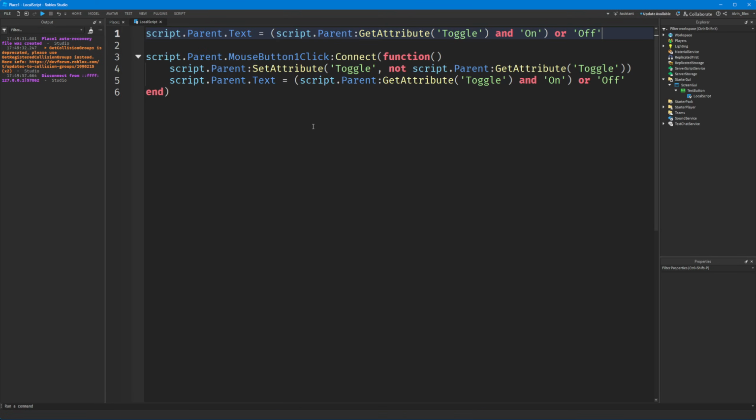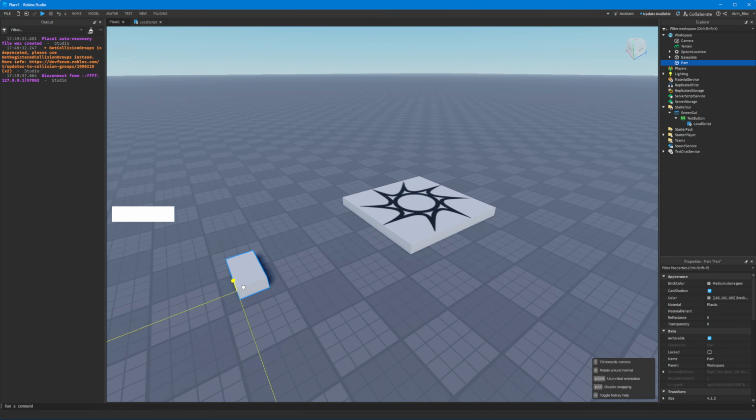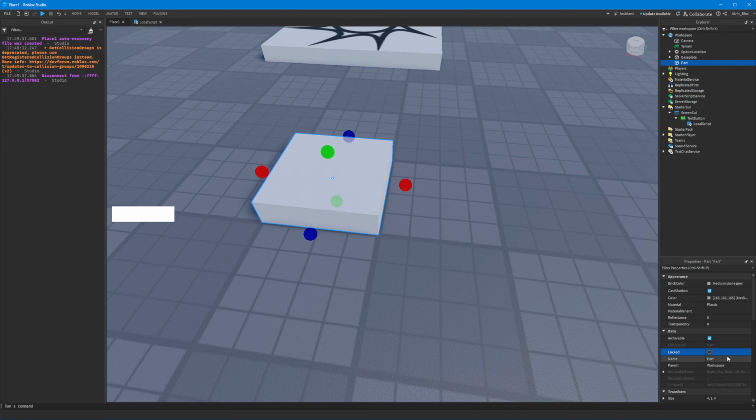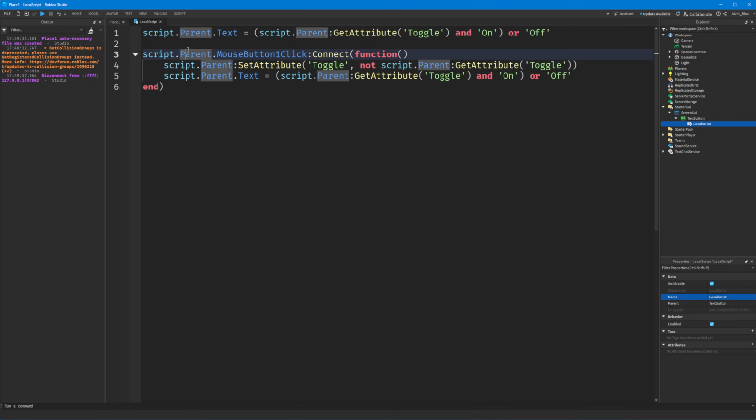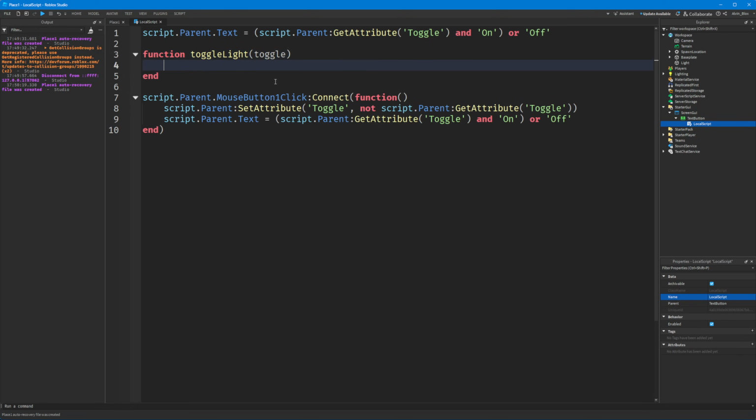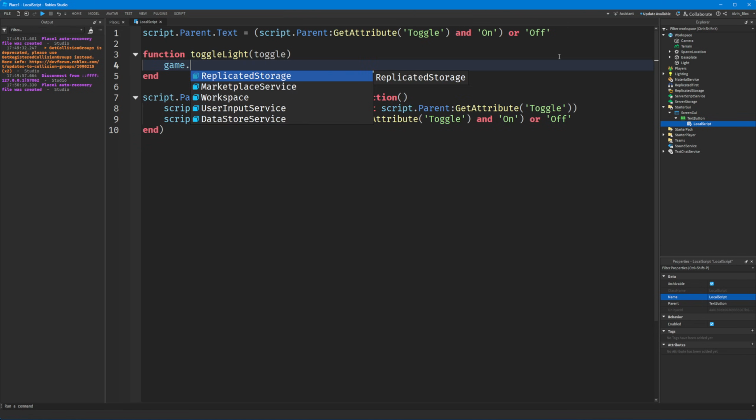How do you then do some kind of action? So for example, turning a light on. Let's just imagine we have this part, which is our light. Okay, and what I'm going to do is create a function which will turn the light on. So we'll just call it toggle light, and we'll take the value true or false as to whether to turn it on or not. And then we can say